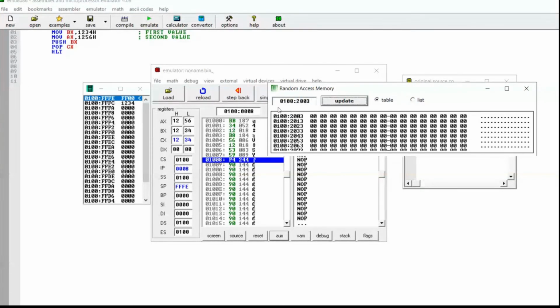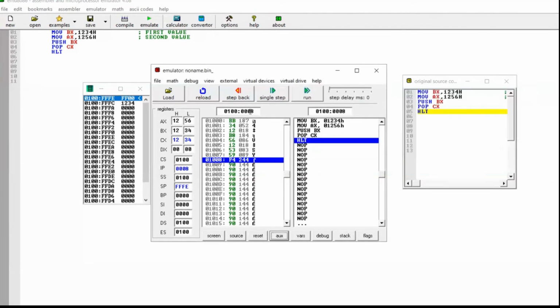So let's see, 0100, I just updated this to a new offset, 2003. The segment is this, and inside the segment this is 2003, and this particular location does not have any value, it's just empty. Every time you click here in this middle window, which is what we call the binary window,